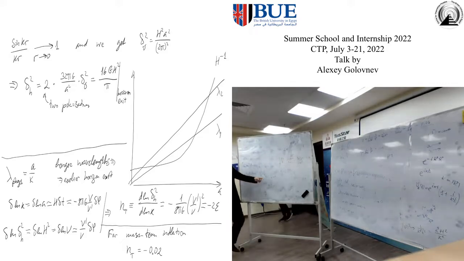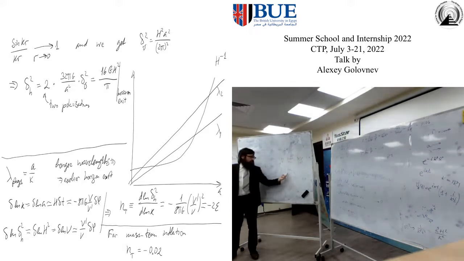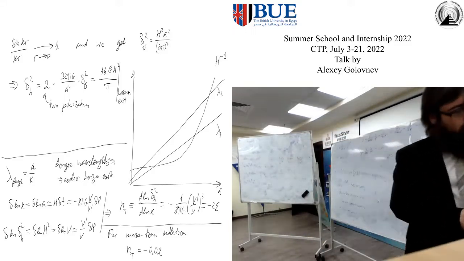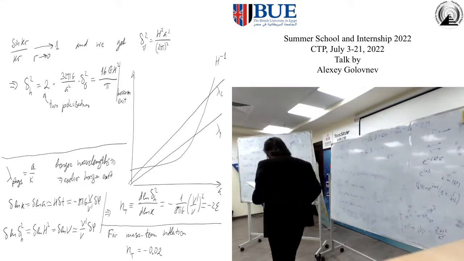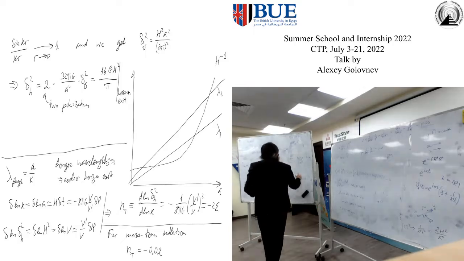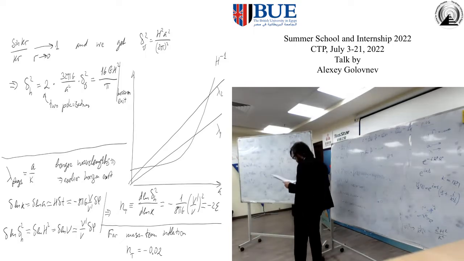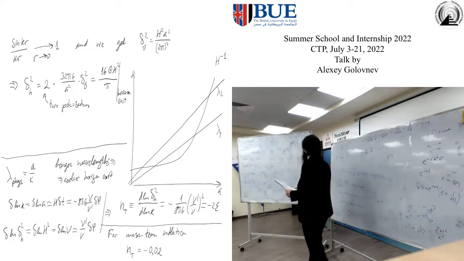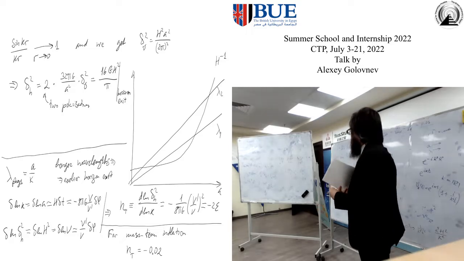From this power spectrum of E, I have to multiply by this prefactor to get the power spectrum of h, and then I have to remember I did have two polarizations. So that's the final result for gravitational waves, and what I get here is very simple. I just have to multiply everything by everything, and I get 16 G h squared over pi. So that's the final prediction for the